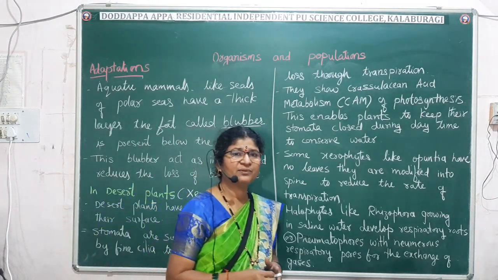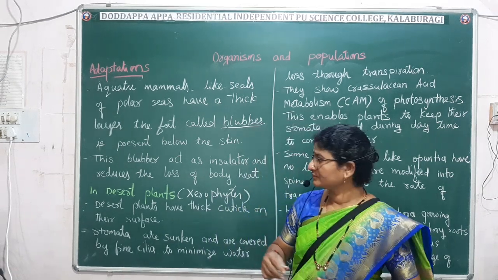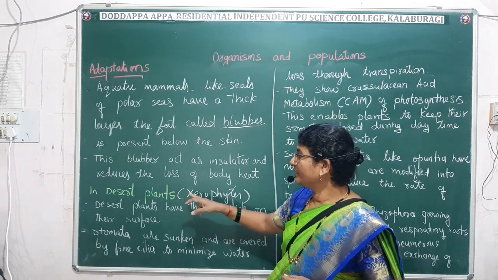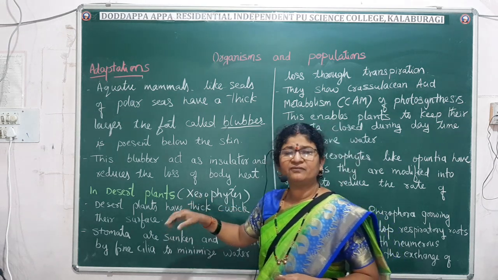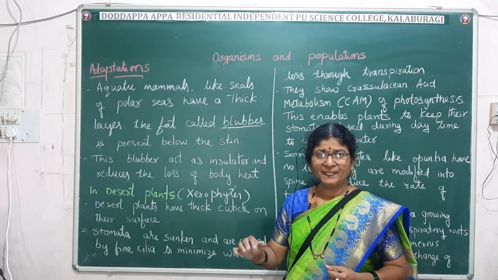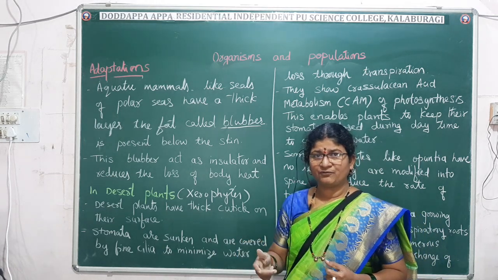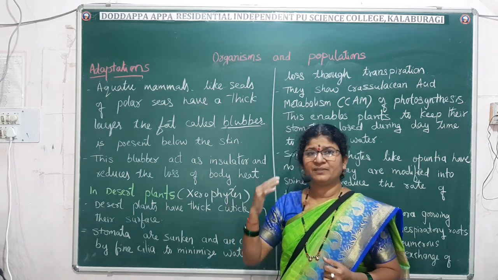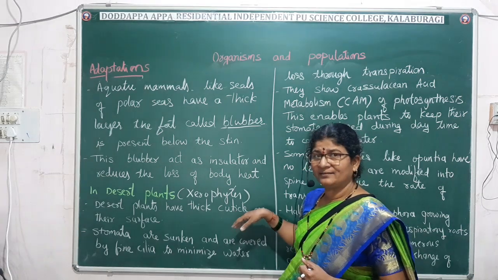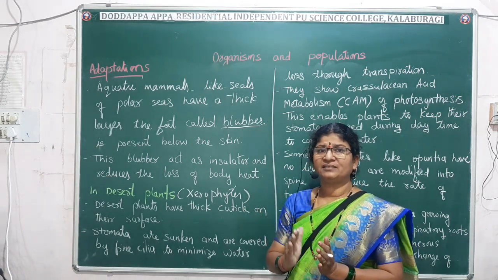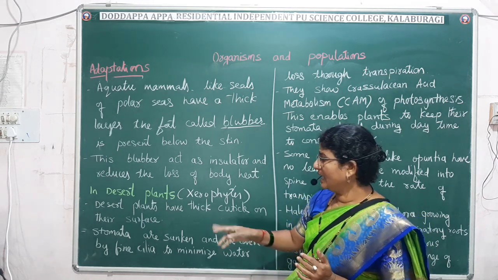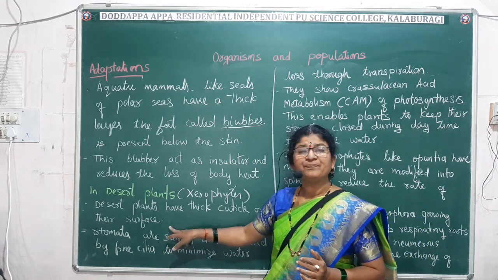It is a 3 mark question which is asked in the annual exam, and many MCQ questions can be framed on this. So desert plants have a very thick cuticle layer. The common best example is the Opuntia, cactus, prickly pear, that is the best example to keep in mind. It is covered by a thick cuticle layer, and that cuticle layer will prevent the loss of water from the plant body. Fine. And the next adaptation is the stomata.